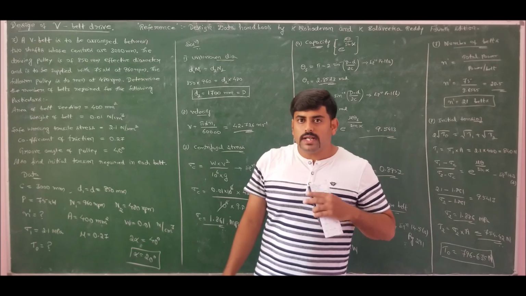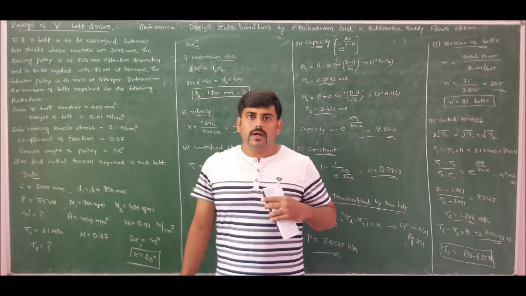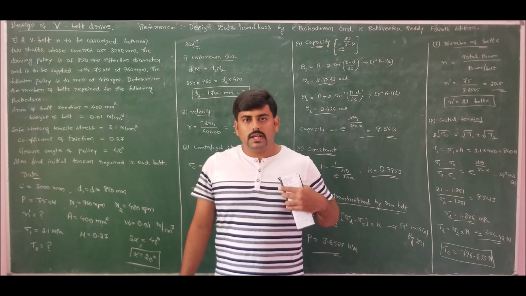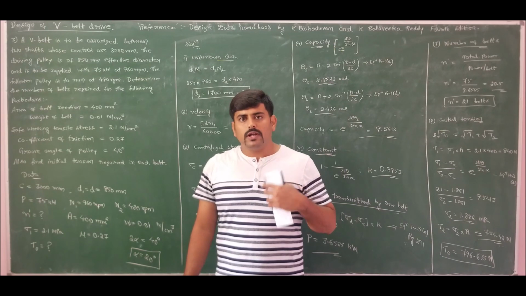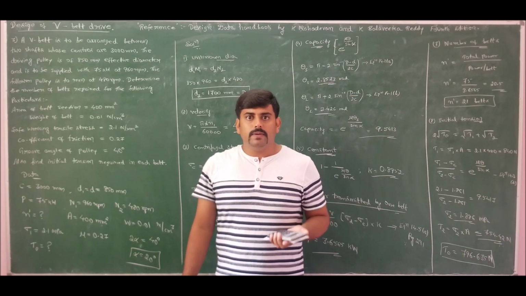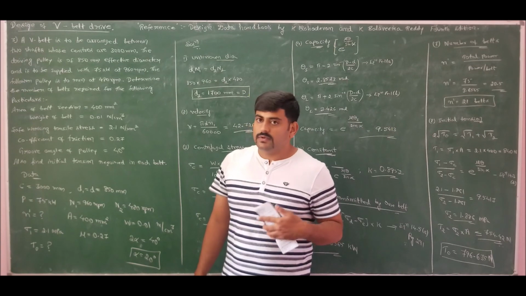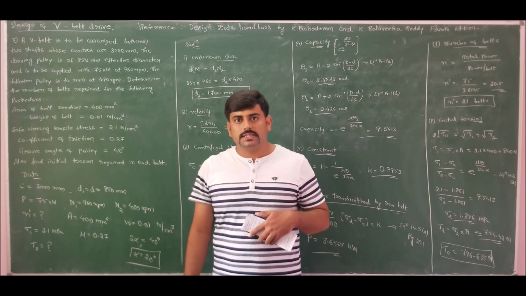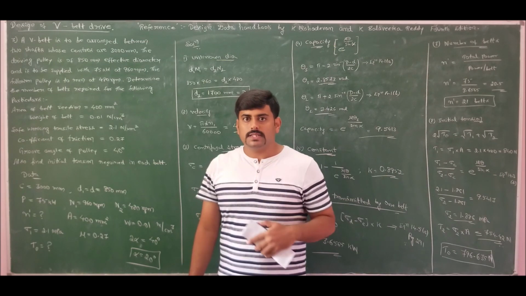So the two important categories of problem in design of V belts: when you are asked for the number of belts required, always follow the procedure we employed for design of flat belt drive. When you are asked to select a V belt cross section and then find the number of belts required, then use the procedure of V belt drive, which I clearly explained in our previous lecture and solved two problems on it, one in the previous lecture and one in today's lecture.